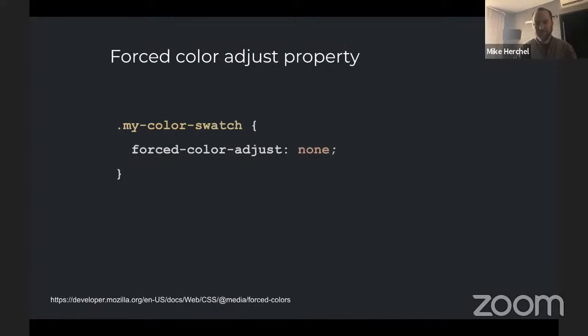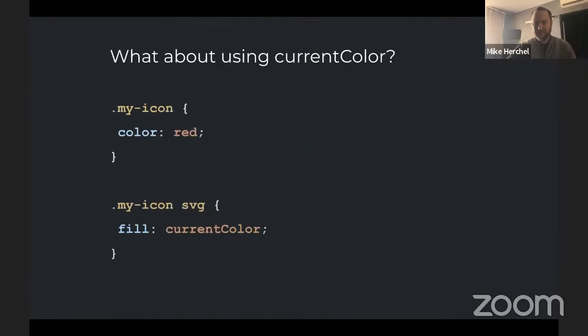The forced-color-adjust property doesn't work in Firefox, FYI, but you can say do not change this particular selector, and that is fairly useful. Something else that tripped me up, and I'm highlighting this: it's not forced-colors, not plural, it's forced-color-adjust, which is different than the media query. So if you're going to use this and you're wondering why it's not working, that might be why. And once again, this is not supported by Firefox, so just keep that in mind.